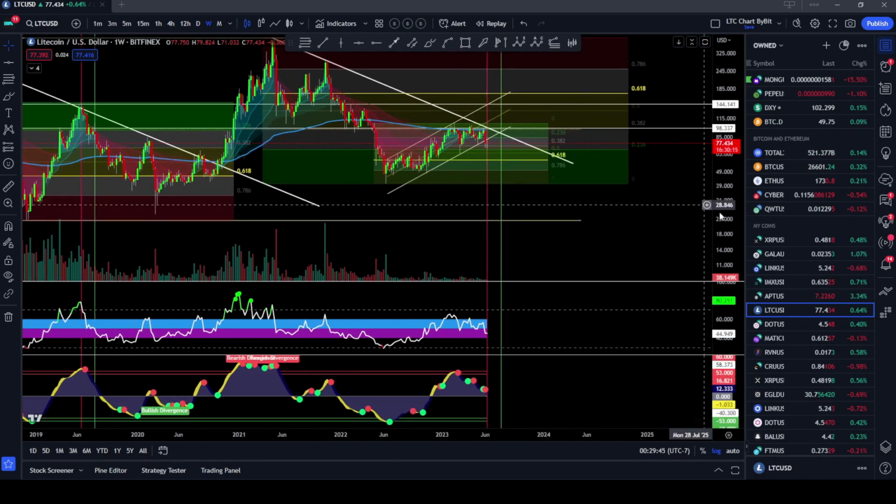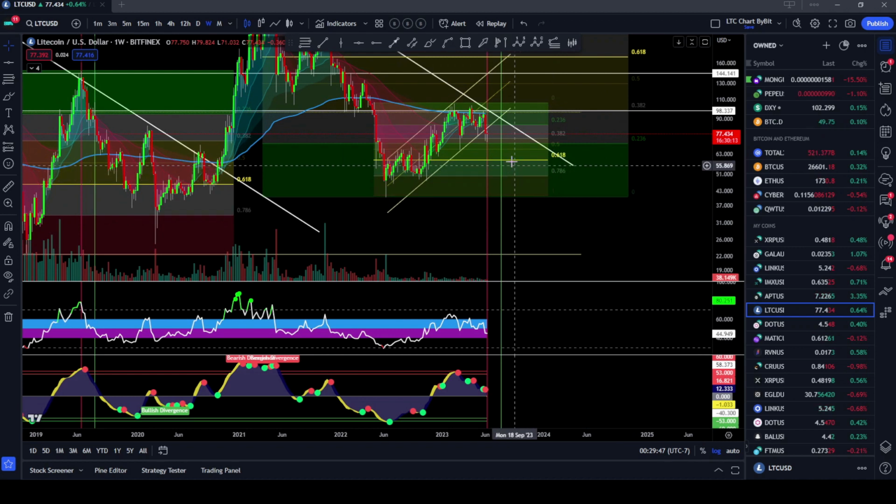My expectations for Litecoin during this time frame, and I said in my last video, once we reach this pink line, I'm going to sell 100% of my Litecoin, and that is exactly what I did. I sold 100% of my Litecoin right as we were breaking down from this channel. I bought my Litecoin way down here, around $47 to $50. So I could have made better profit if I sold at $100, but I was really hoping that we would